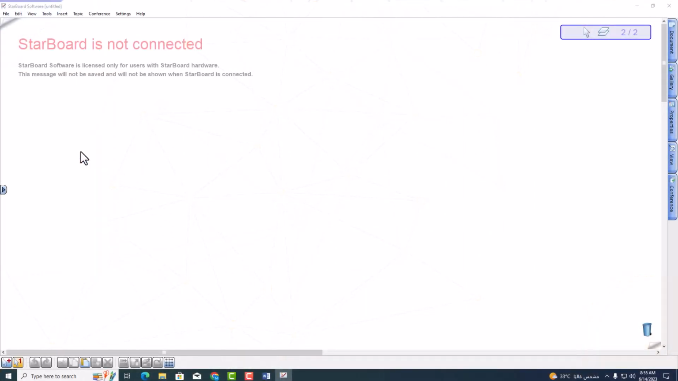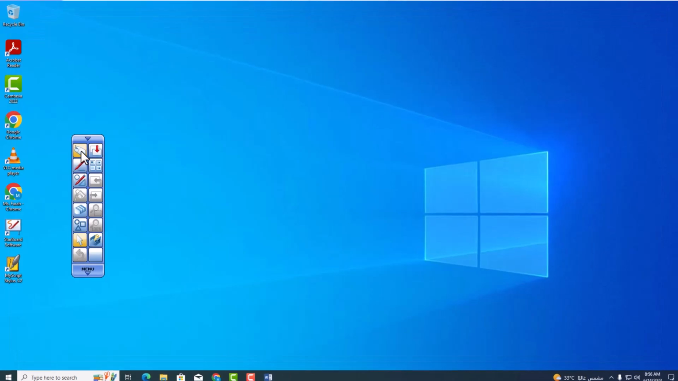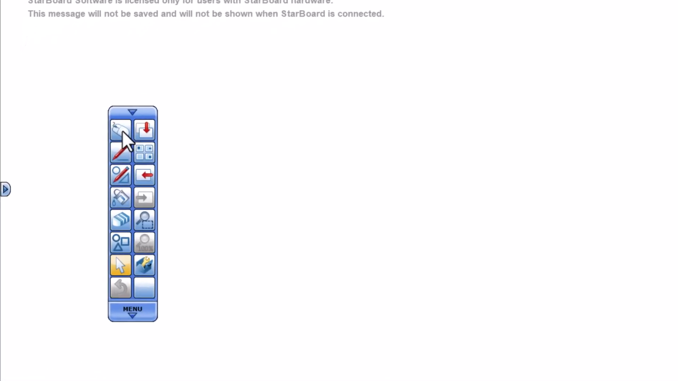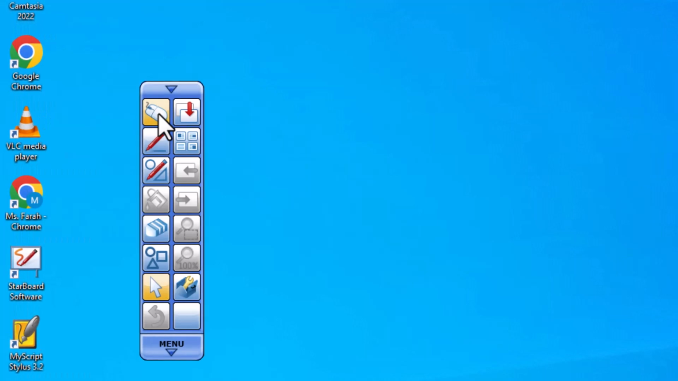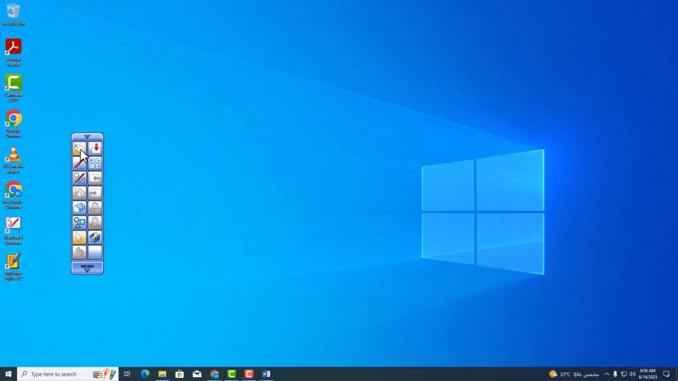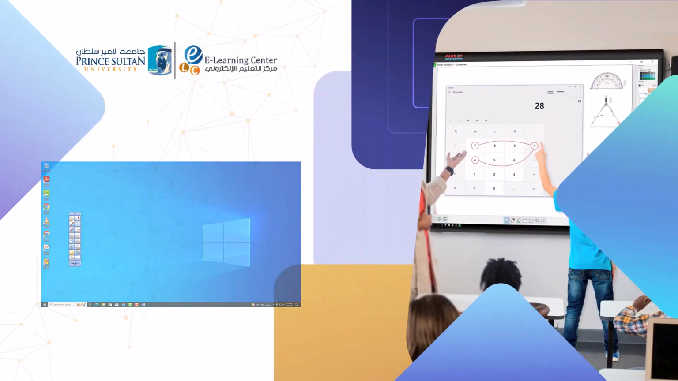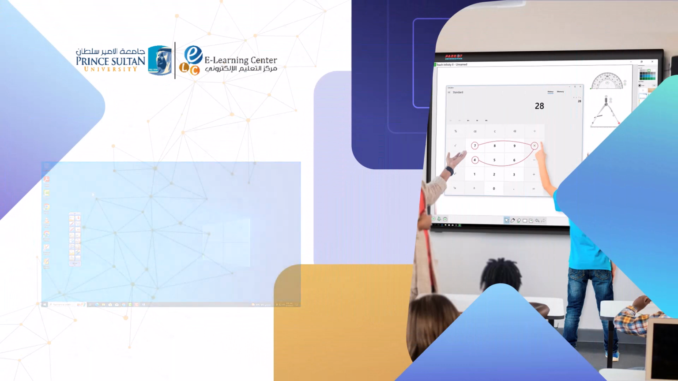Now, you can start toggling back and forth between the StarBoard and your desktop using the mouse icon. This makes it easy to reference any files or websites you need for your presentation without having to switch between